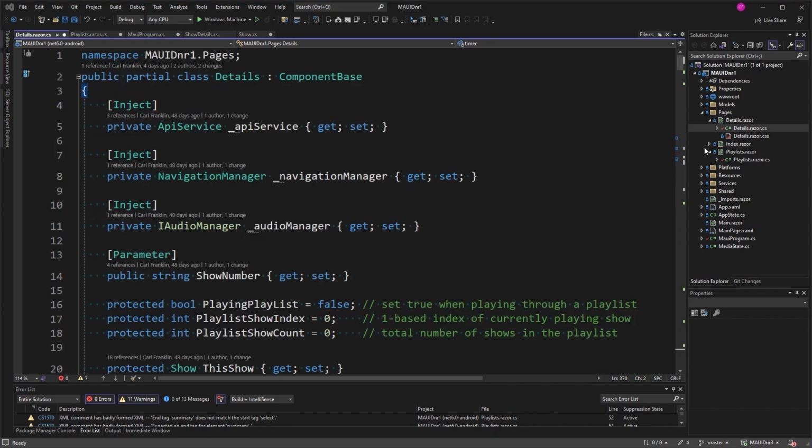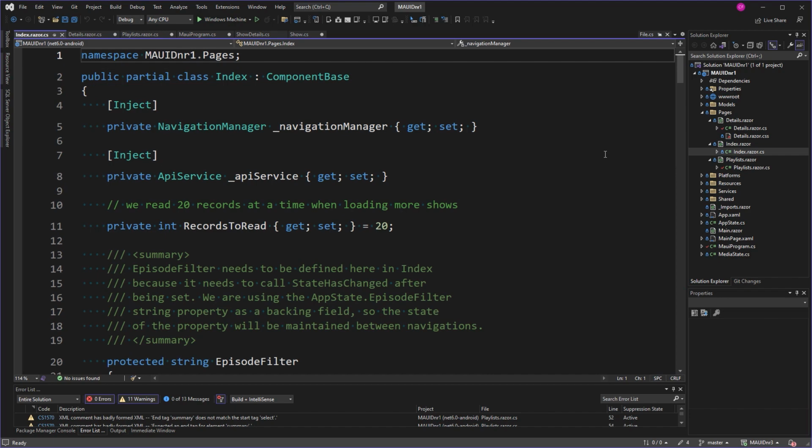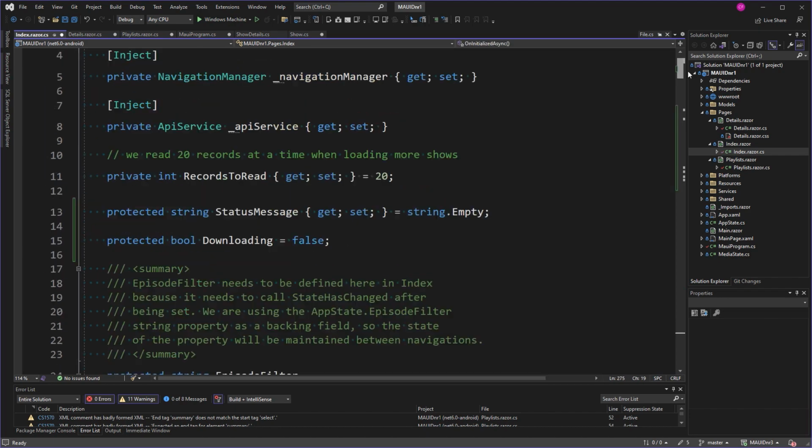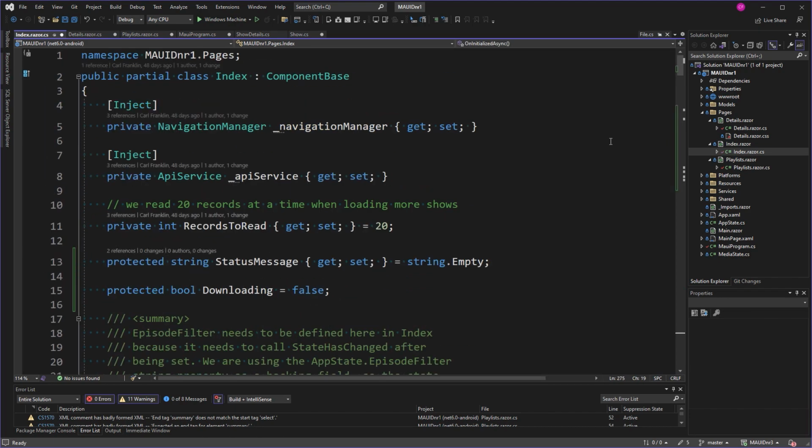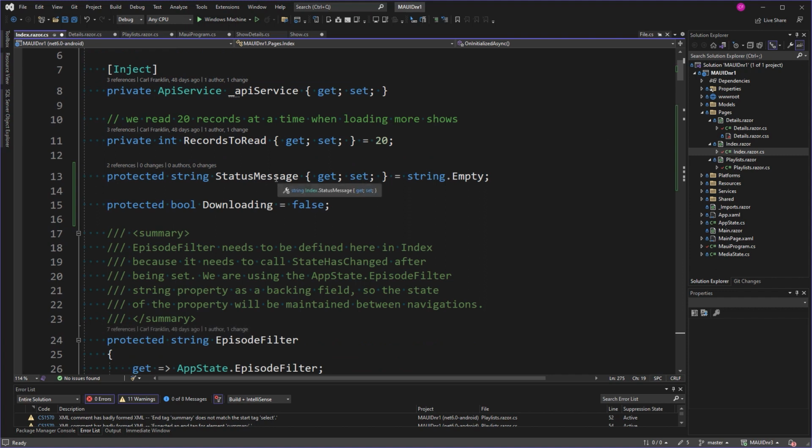Now let's get to the meat of it. Index Razor CS. Let me replace this. Now there's a lot of new stuff here. I've added this status message, which is just a message I'm going to show in the main UI when we're downloading our playlist show files,